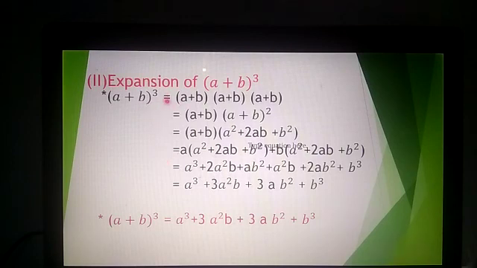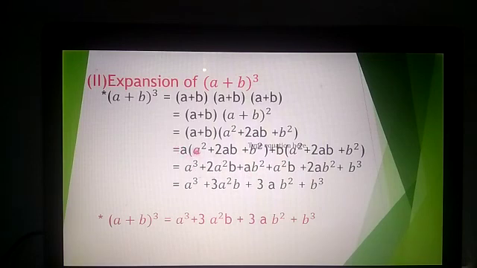A plus b whole cube means what? A plus b 3 times, we will write as it is, a cube. Now the first bracket as it is we will keep, and a plus b times a plus b means a plus b square. Now we know the identity a plus b whole square is a square plus 2ab plus b square, and the first term as it is. Now a is multiplied with the second bracket completely, then b is multiplied with the second bracket completely. Okay. Now here one by one we will multiply.